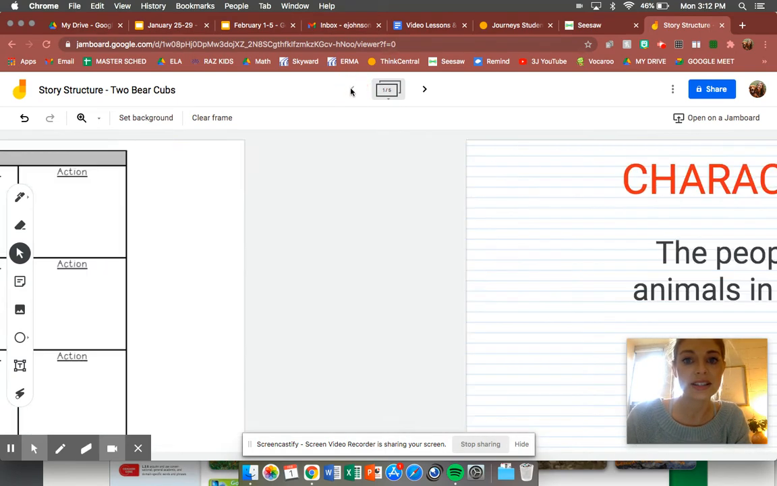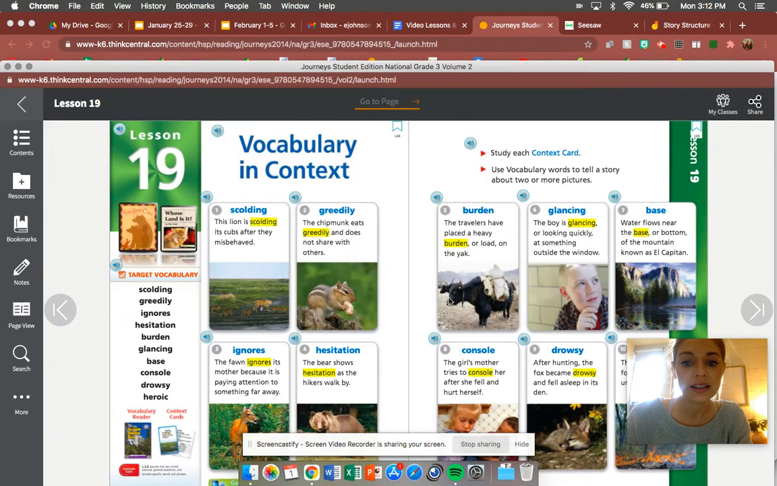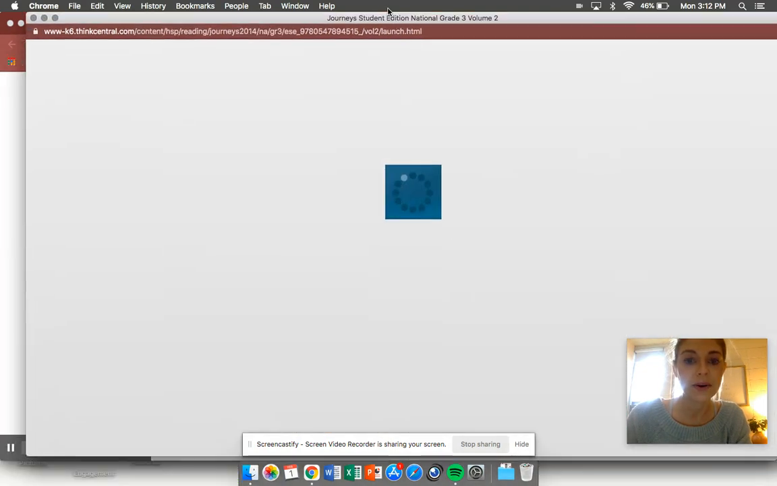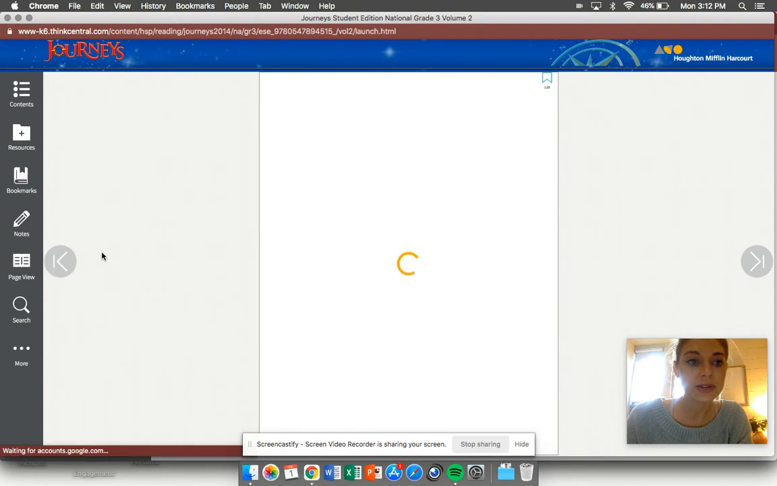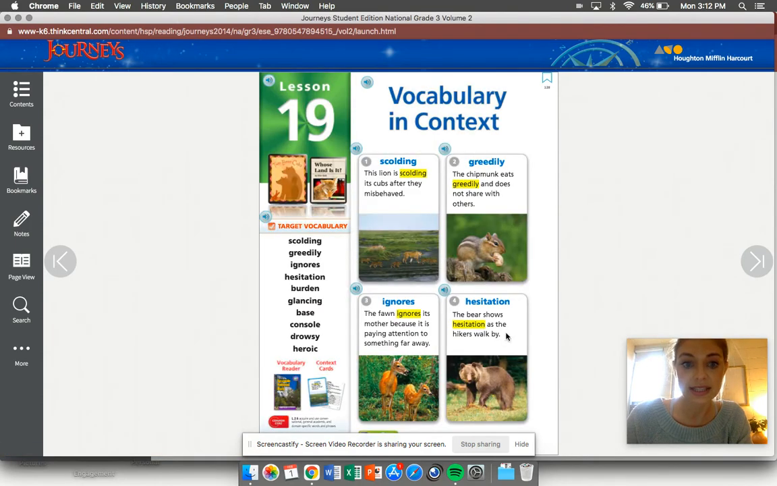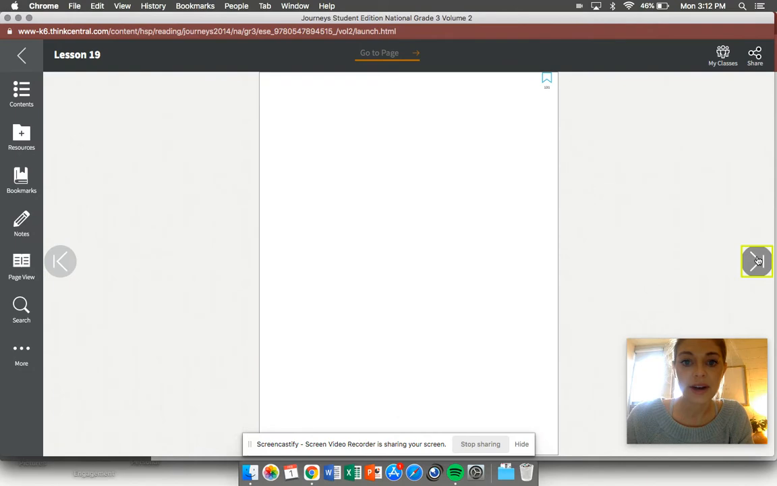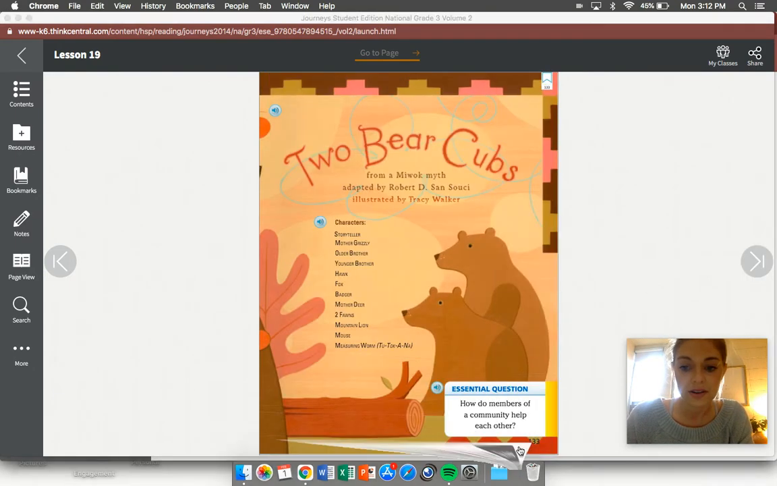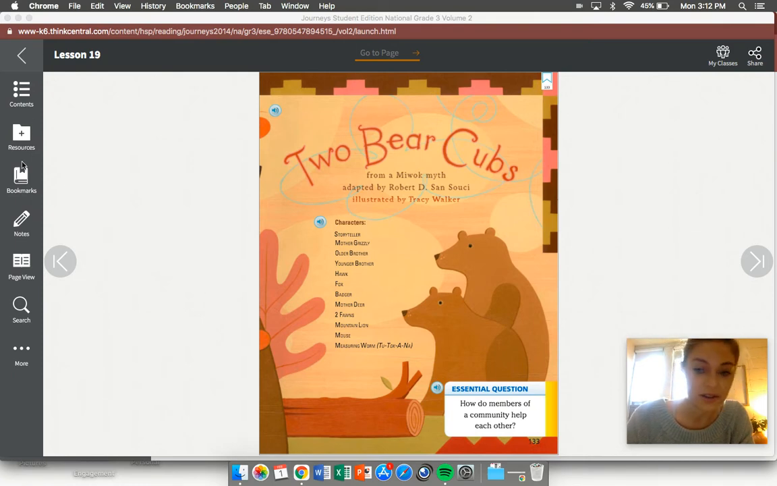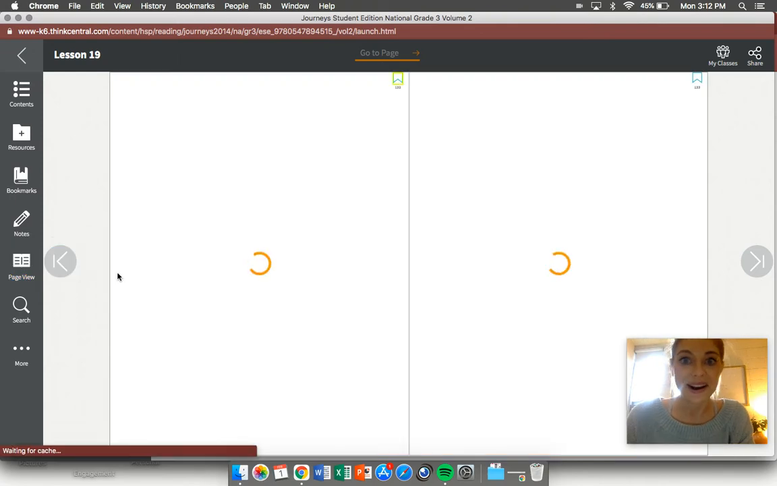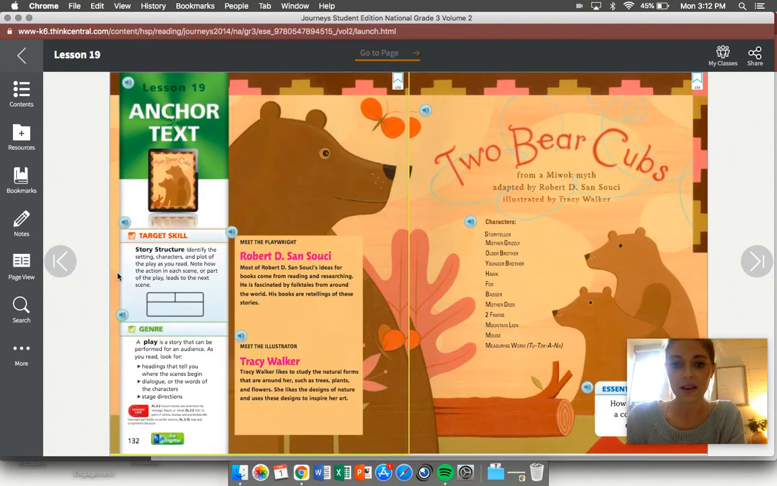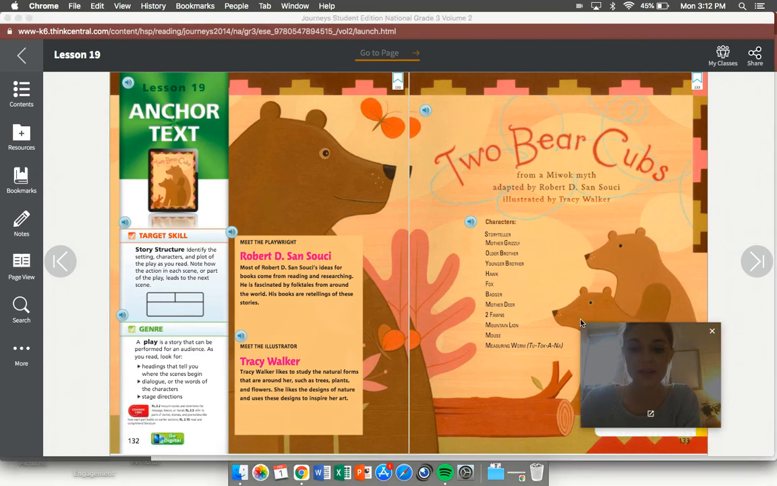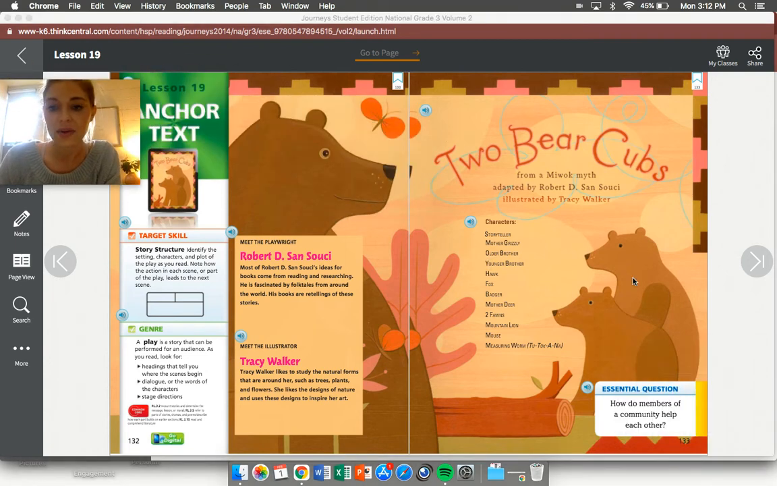Okay, so let's go back to this chart, and actually let's go to our Journeys book. So you're going to need your Journeys book for this assignment, especially the Seesaw, and we are going to go ahead and look at our story of the week, which is on page 133. So go ahead and pause this video until you have that out. Okay, now that we have our Journeys books on page 133, we are going to go ahead and fill in the